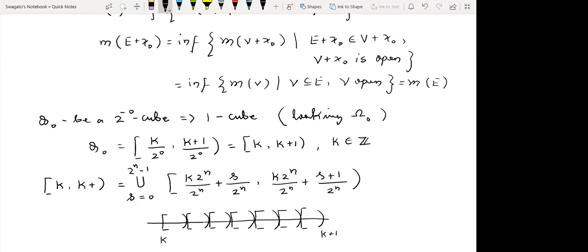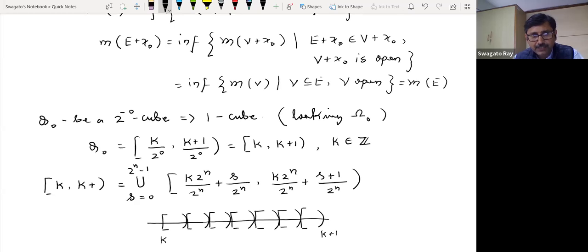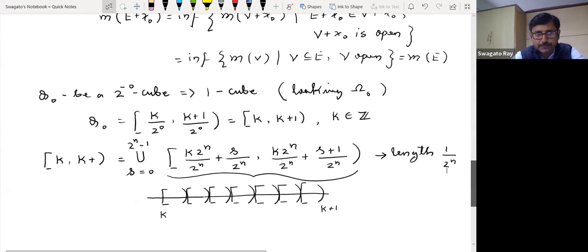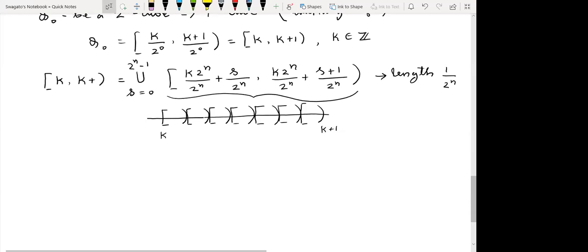K plus 1. That means the whole interval K to K plus 1 has been broken into disjoint pieces, correct? Where every subinterval has length 1 by 2 to the power n. If you look at this subinterval, its length is 1 by 2 to the power n, correct? And that is what the picture looks like. That is what I have written below. Okay. Now, since we agree to this,